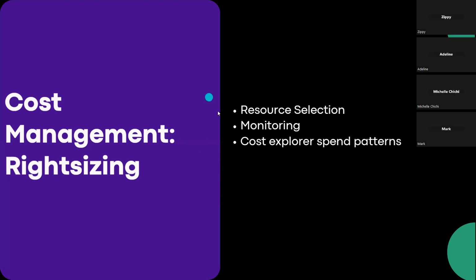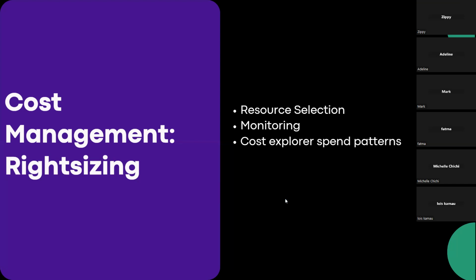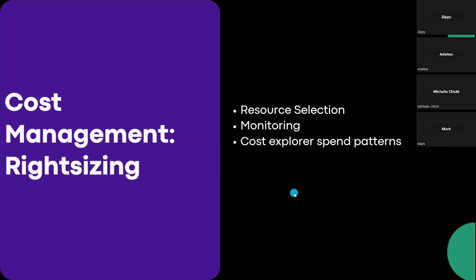Resource selection is critical because, going back to understanding how exactly services are charged, if you over-provision, the higher you go, the more expensive it gets. That means you're going to be charged high amounts, and it's unfortunate because you're not even utilizing all of what you're paying for. So it's very important to make sure that the services you have are running optimally and aligned to your workload requirements. The other thing is monitoring, which is also very key.